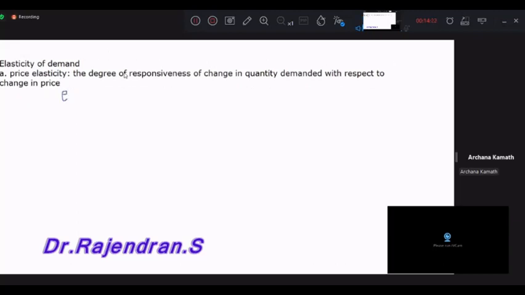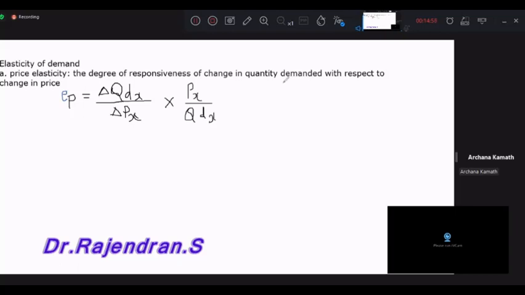elasticity of price. You denote it as EP. Elasticity of price is equal to delta QD of X, where the particular commodity is X, with respect to change in price, where delta stands for change, into the initial price of the commodity with respect to the first quantity demanded. So this is the equation, and